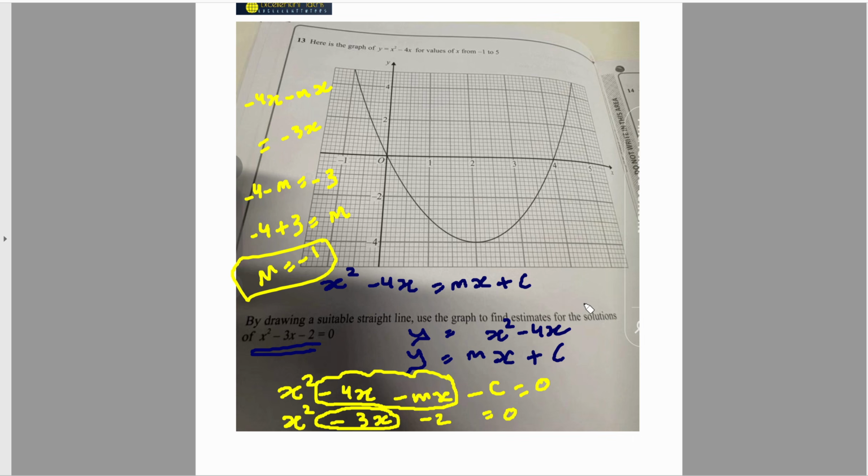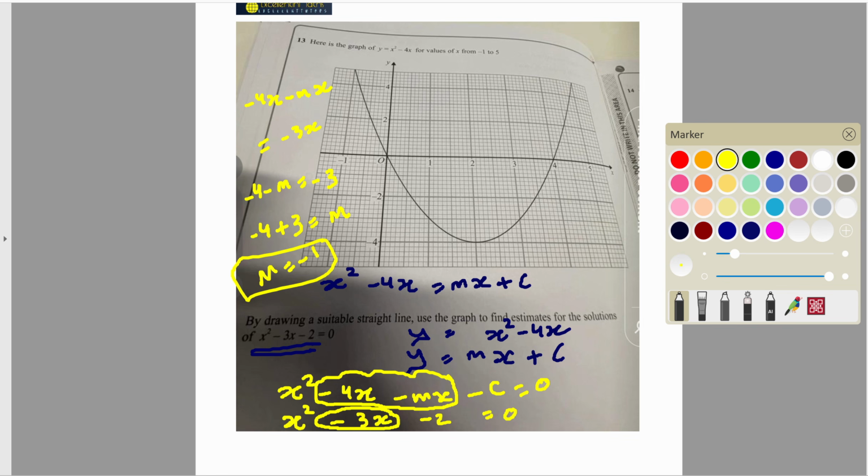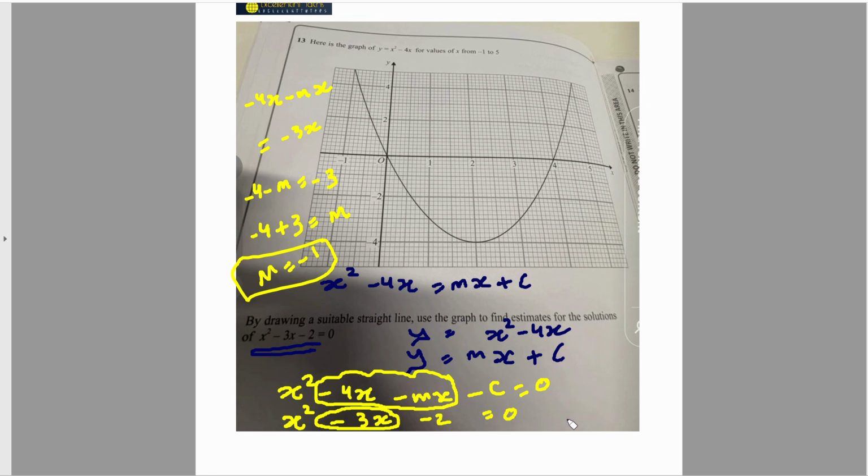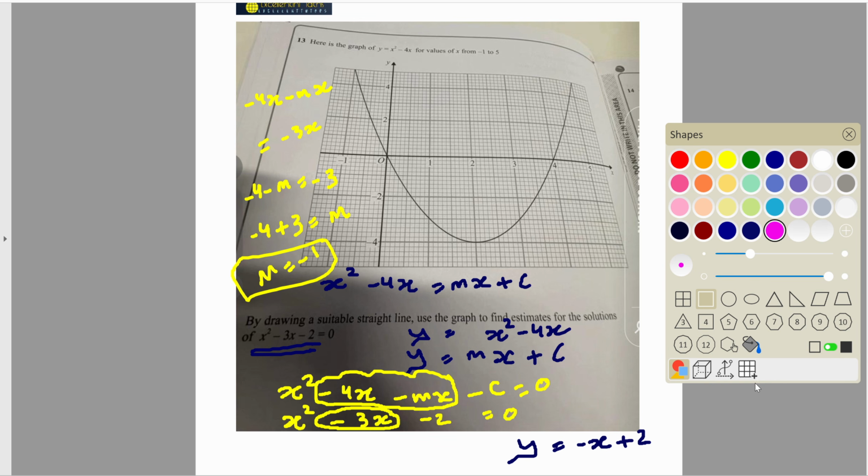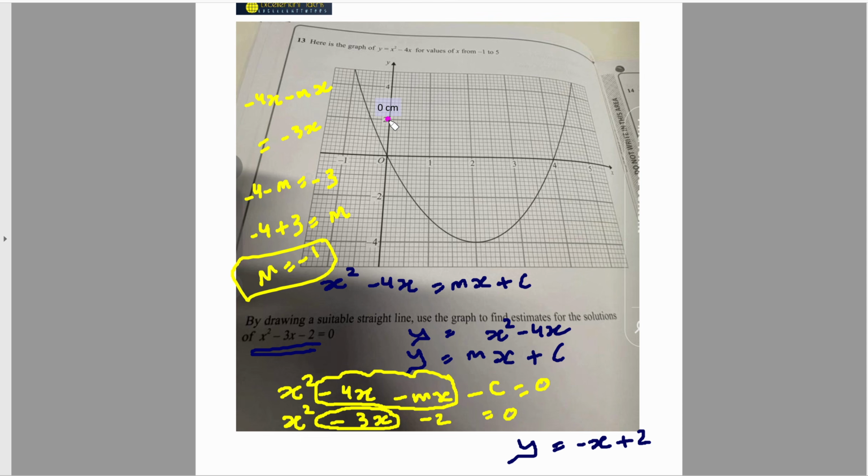So my equation is going to be y equal minus x add 2. Now I need to plot that to be able to see where the line intersects with the quadratic curve. Minus x means the gradient is negative. I go to the y-intercept, which is 2, and then I go 1 across